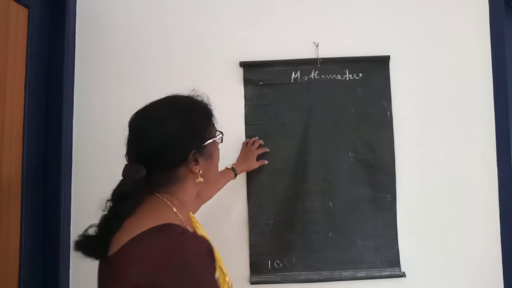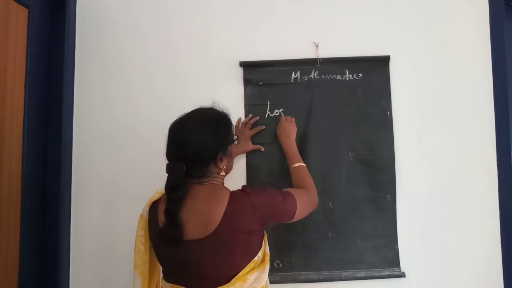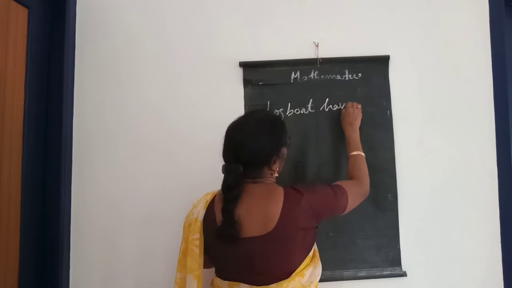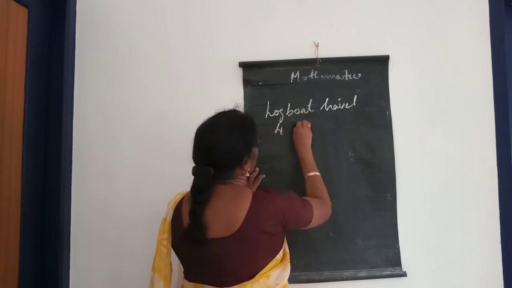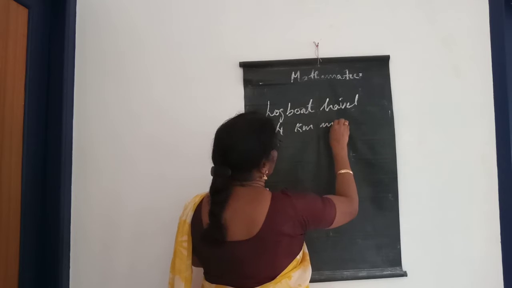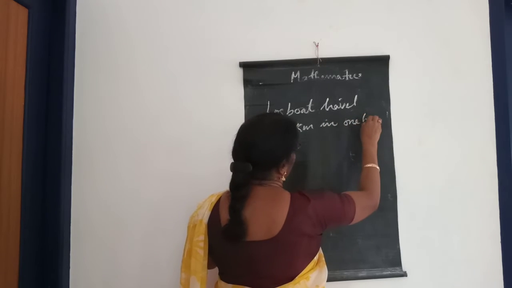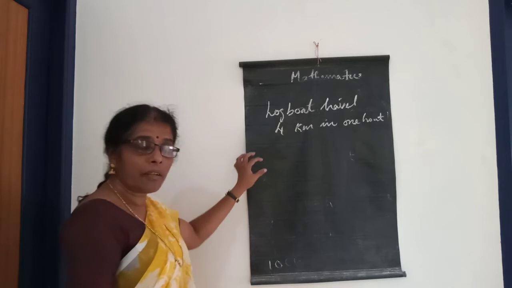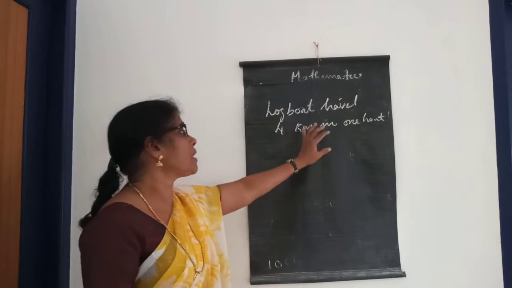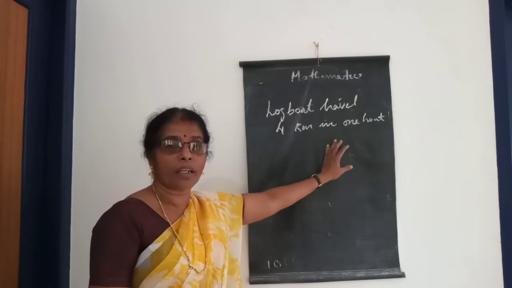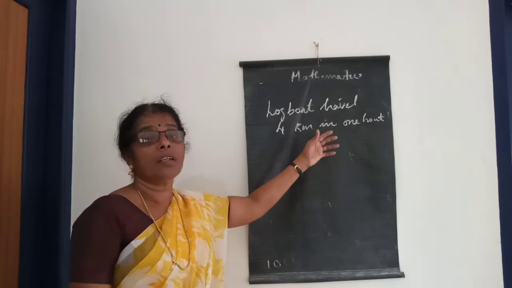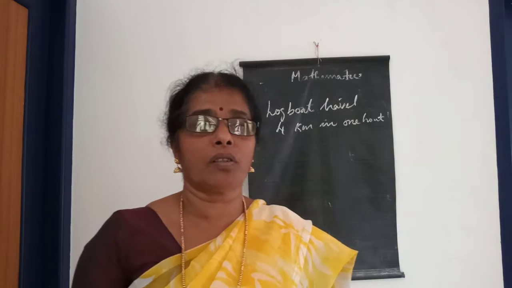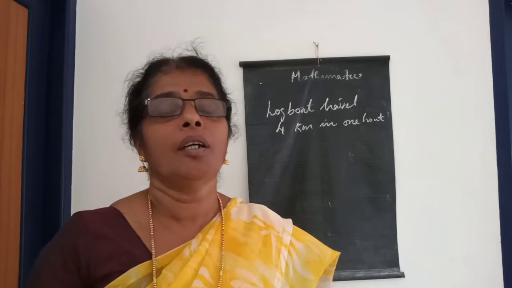The log boat travels 4 kilometers in 1 hour. If the wind is helpful, then the log boat can travel 4 kilometers in 1 hour. If there is very strong wind and very high tides, then they can't move with this log boat. That is a simple boat.